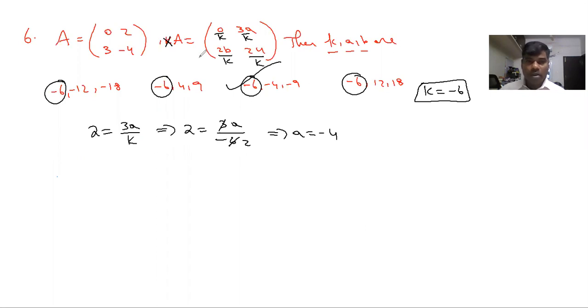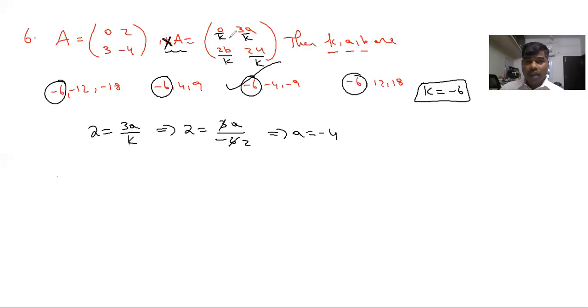I'll repeat. What Chandu suggested is to calculate the a value from ka. So cancel this k and then write here. You should do exactly like this, because when it is objective, you should save your time. To save your time, you should reduce writing the steps. Like how in board exams, we insist that you write the steps properly, in competitive exams, we encourage not to write the steps. Write the direct steps and get the answers.